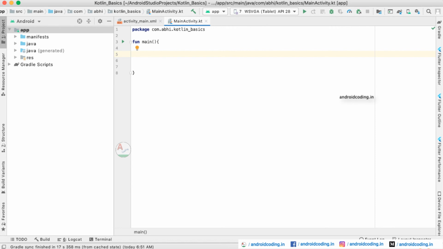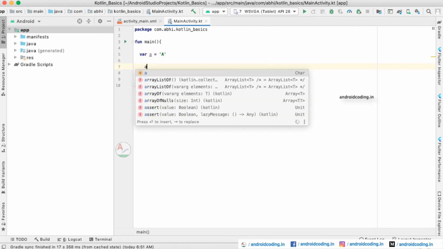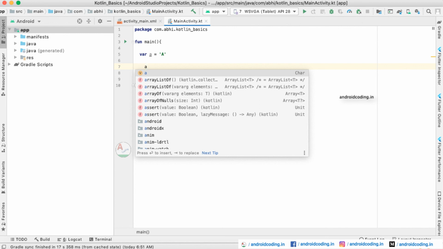Here we will be seeing a character variable declaration in Kotlin. Let us declare a variable a equal to a single character. It shows Char, so we are declaring a single letter and it is considered as Char.